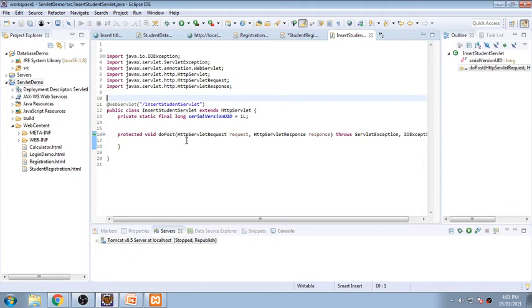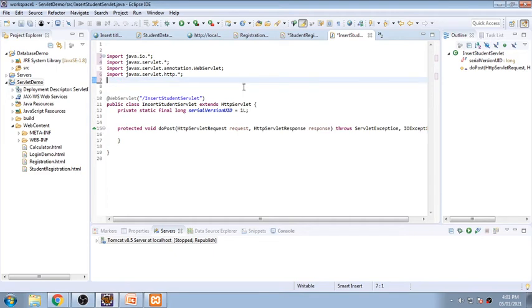Now what is the first step I need to do in this program? I need to check what all packages are there or not. So now I need an IO package, yes it is there. I need a servlet package, yes it is there. I need a servlet HTTP package, that's it there. I removed unnecessary unwanted classes. So are you clear with these three packages now?